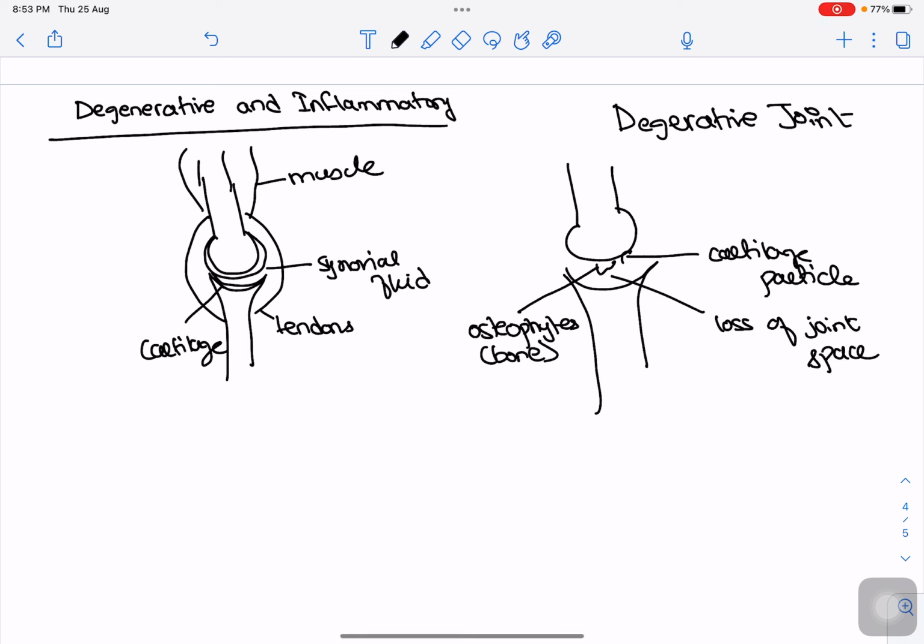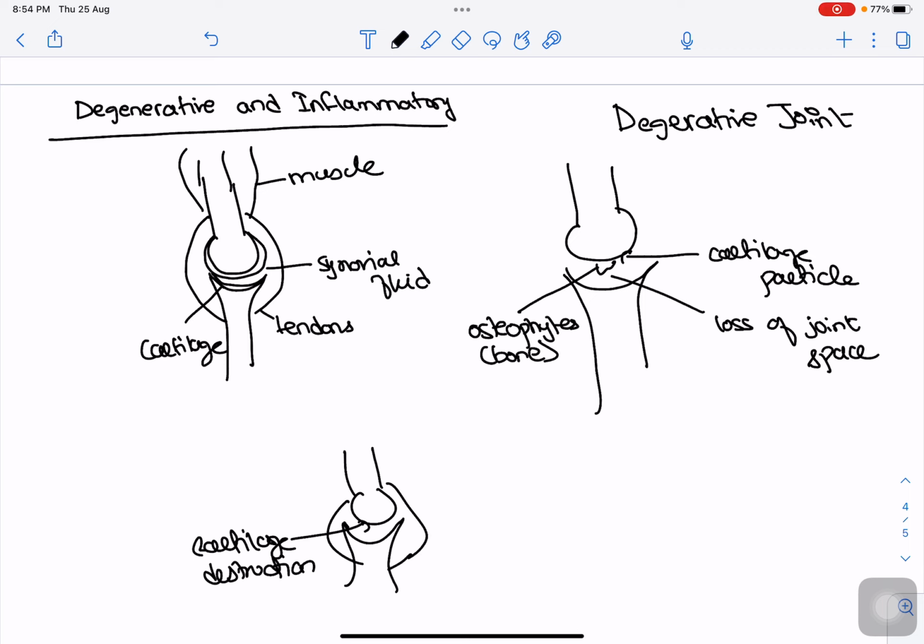And then if we follow up with an inflammatory joint, this is the bone, this is the another bone, and along with this you could see that there is cartilage destruction, as in the degenerative joint. Along with that, let's say this is a tendon, there is effusion, that is the synovial fluid excess. There's effusion, there's this synovitis. Inflammation means itis, so there's this synovitis, and along with that there is a joint space